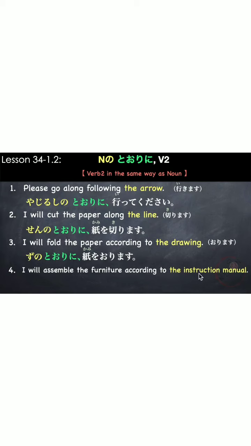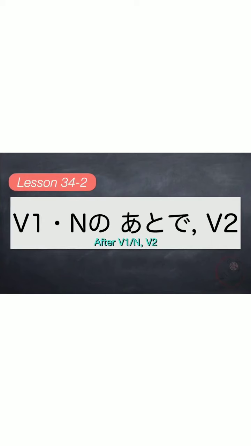Our noun is the instruction manual and our verb is assemble, which is 組み立てます。So, our noun, 説明書 which is instruction manual. 説明書の通りに家具 furniture 家具を組み立てます。説明書の通りに家具を組み立てます。